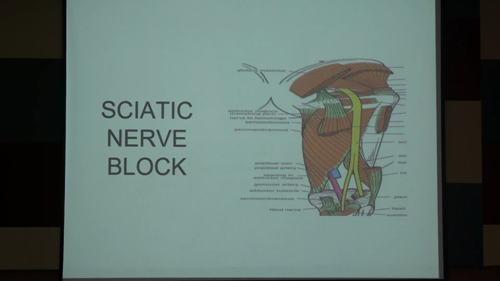So before differentiation, before it divides into tibial nerve and common peroneal nerve, there are again various levels at which the sciatic nerve can be blocked. Like we discussed in detail in the brachial plexus, different places or different areas wherever we are blocking decide which area of the limb will be anesthetized. Similar is the case with sciatic nerve also. If you block it a little higher up, more dense blockade will happen. If you block it a little lower, then the anesthesia will not be as good as blocking at a higher level.